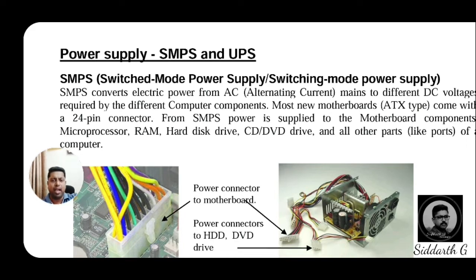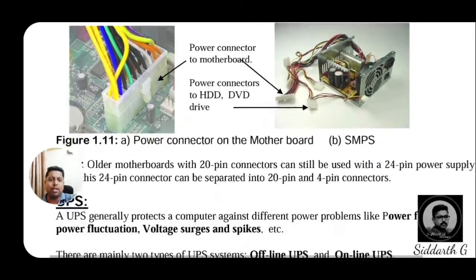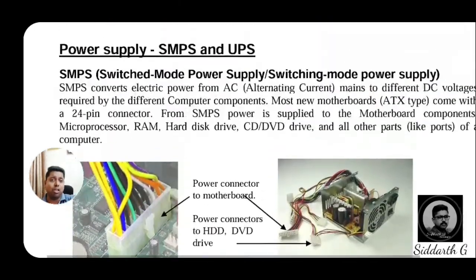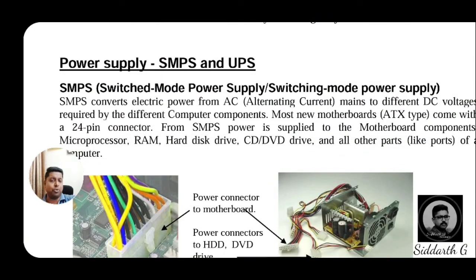It classifies the voltage for the particular components, because in a motherboard or a computer, almost all the devices have their own power capacity. USB has a different capacity compared with the RAM, and the motherboard has a different power capacity compared with the hard disk. Like that, almost every component has a particular different power capacity. That's why, with the help of the SMPS, almost all the devices in the computer get power.